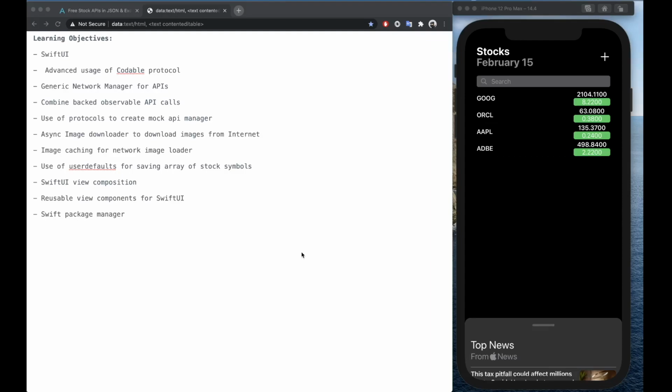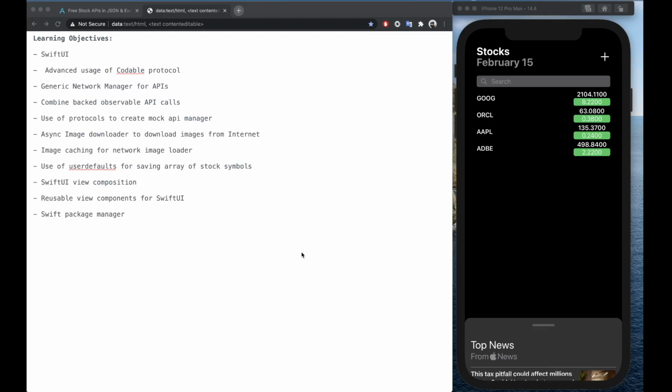For example, they have numbers to start the key with, and there are spaces and stuff like that. So you're going to see how you can leverage the power of the Codable protocol and coding keys to better manage what you're decoding.